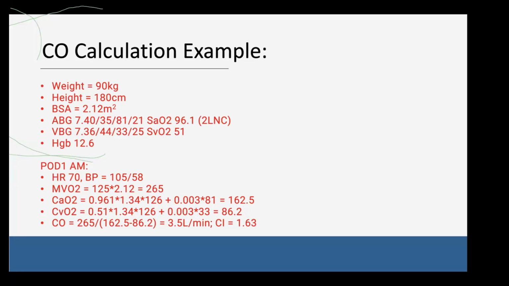Yes, please. In both patients, the cardiac index seems to be a bit low, but we seem to be tolerating it. And when exactly do we decide that, okay, there's a problem with the cardiac index, we can't tolerate this number, and we intervene?